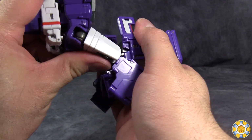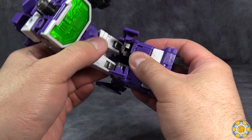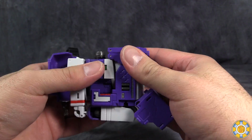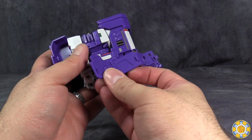Oops, forgot to do the knees correctly. The knees are going to want to bend forward more, like that. So we get that, everything set up and pegged into place. Get that nice and flush up against there. Then we take these panels and flip them around